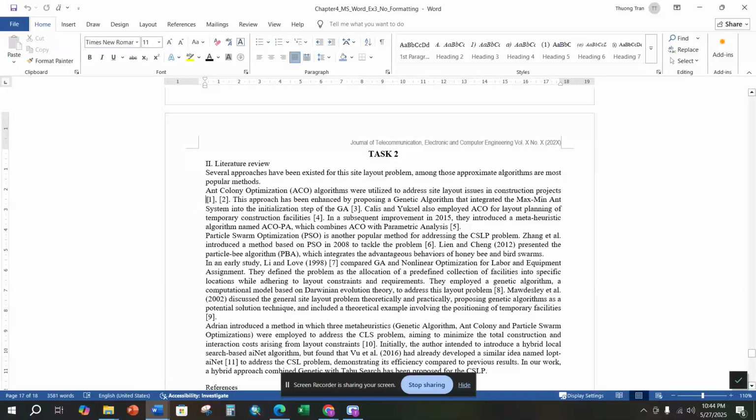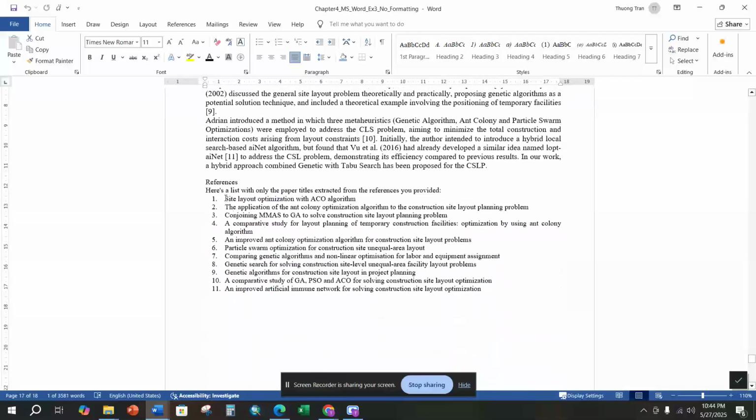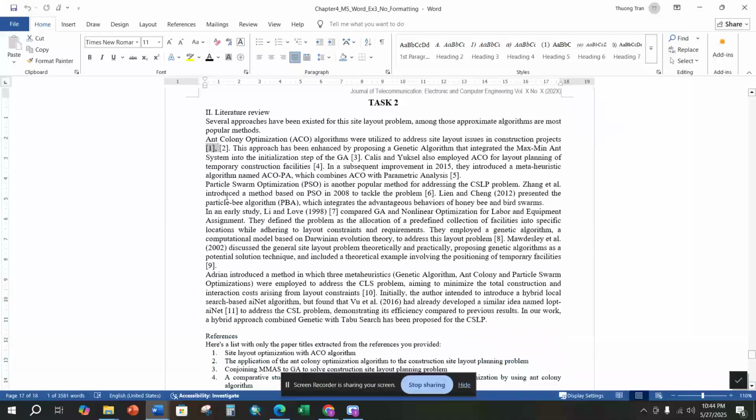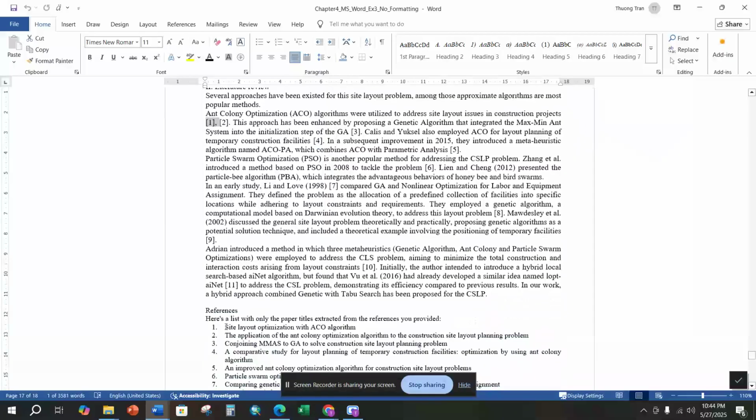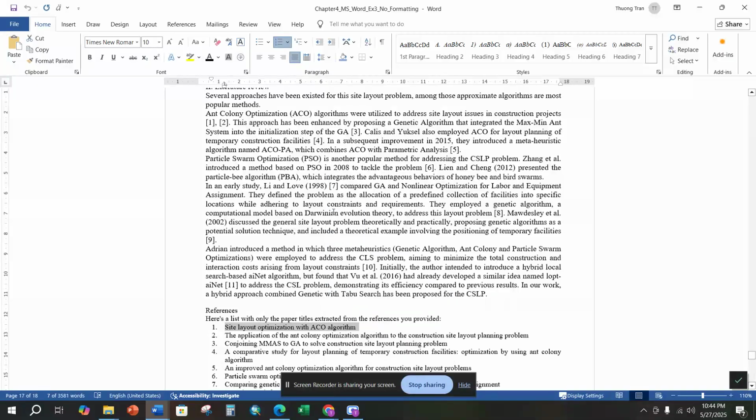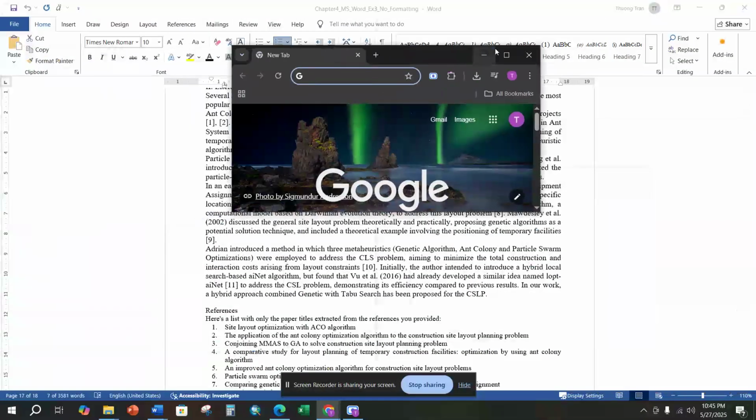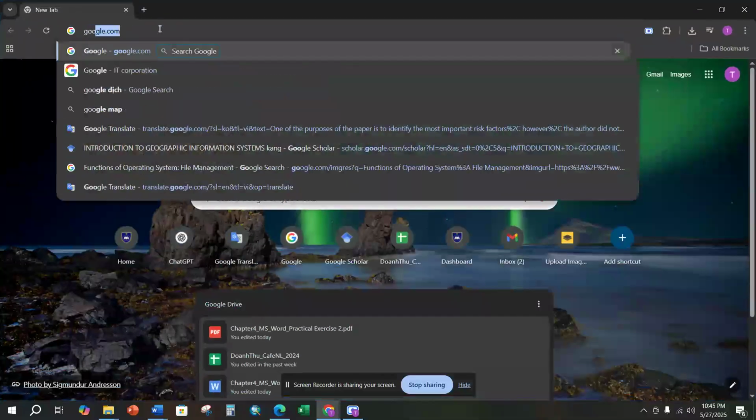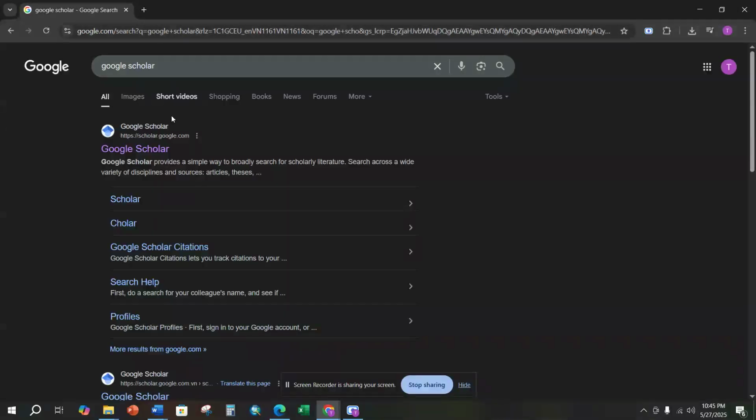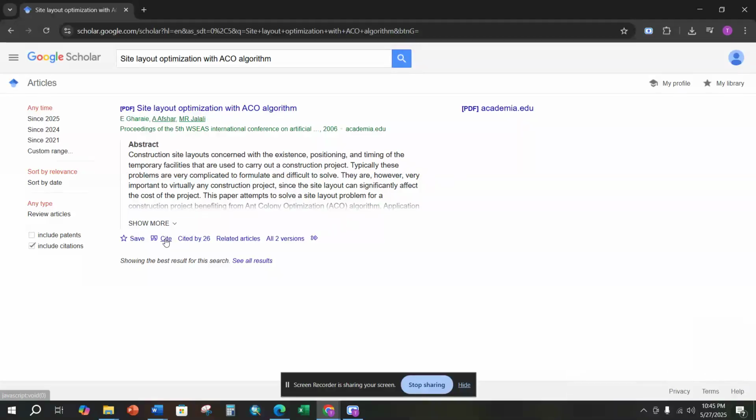For example, to create citation 1, it is equivalent to reference 1, site layout optimization with ACO algorithm. So we can create a citation like this. Firstly, you copy the name of the article, go to Google Scholar, and then search for this article. Click on the cite,